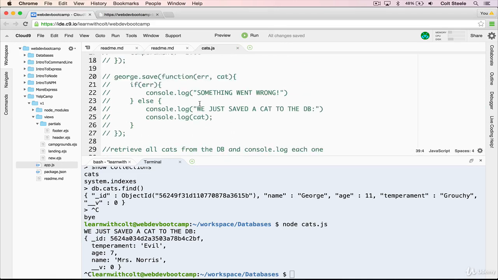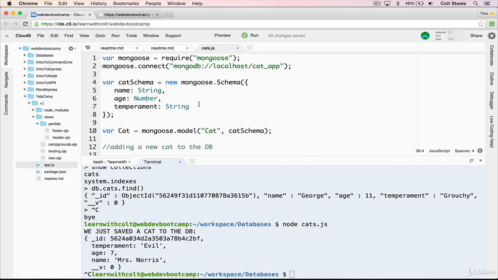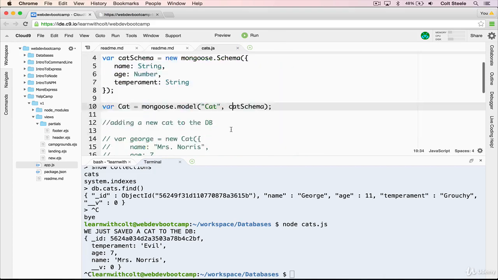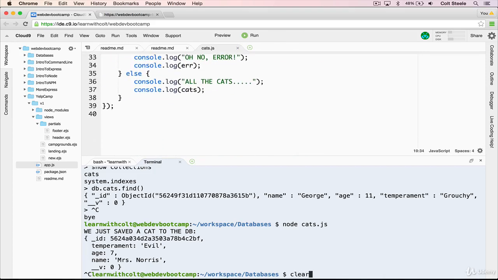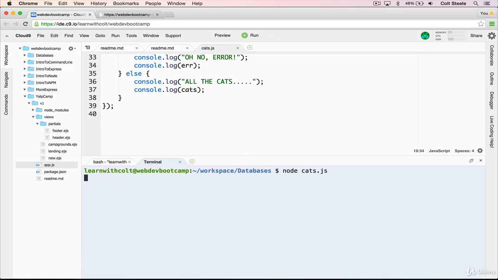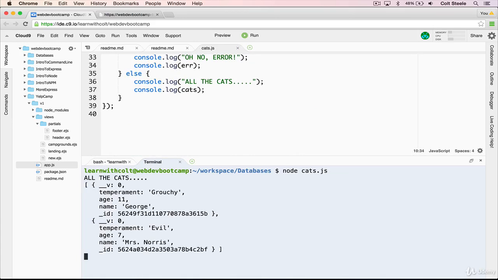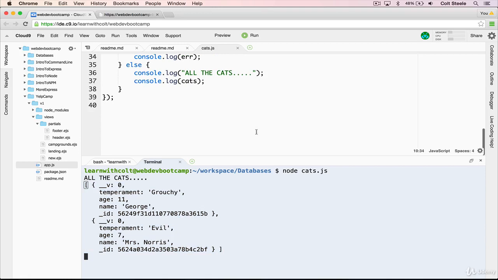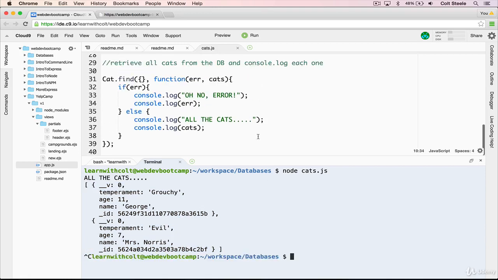Let's now make sure we have everything else commented out except for the important stuff up here. And we'll clear the console and then run our file. There we go. So we get our all the cats console.log, and we get an array that has 2 different cats in it. Great. So I'm going to show you one more thing we can do to create a cat